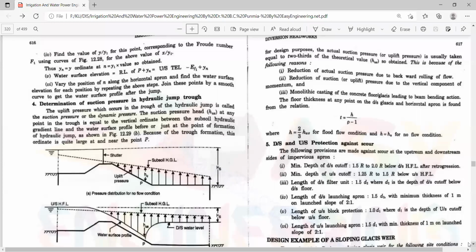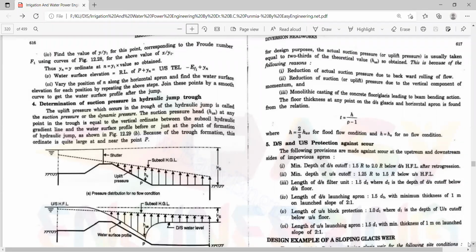So we are discussing the first unit, which is related to the diversion network. Diversion networks are used to divert the river water into a canal, that means to irrigate the fields. To lift the water from the river and divert it to the canal, we use a structure, that is the diversion network.